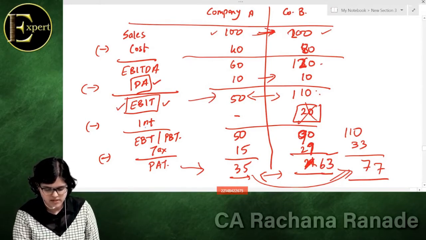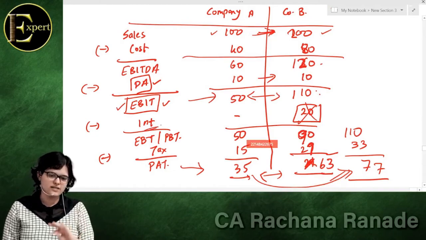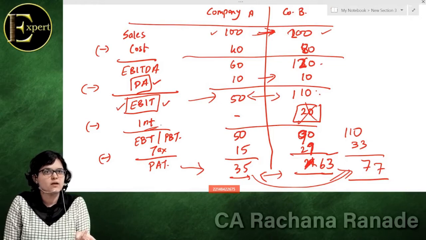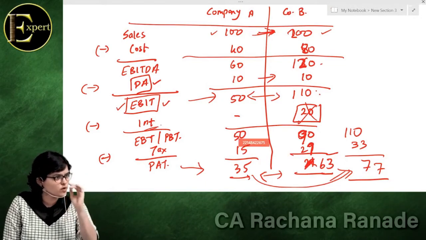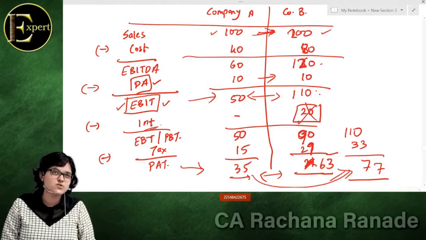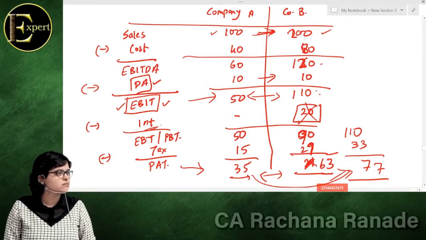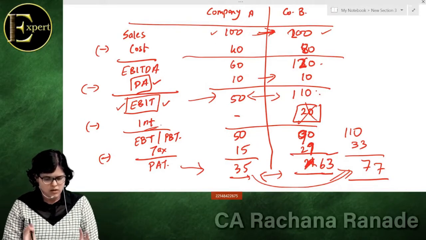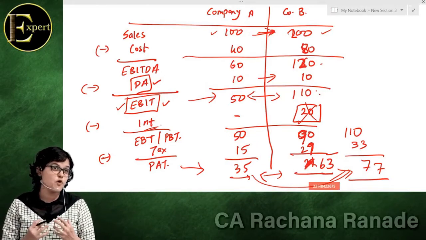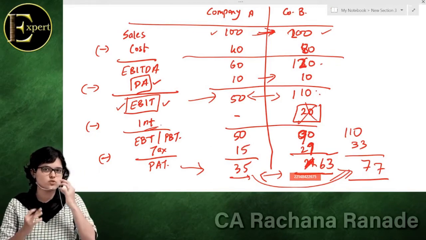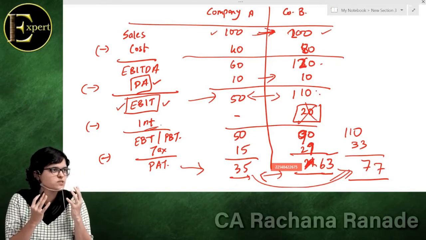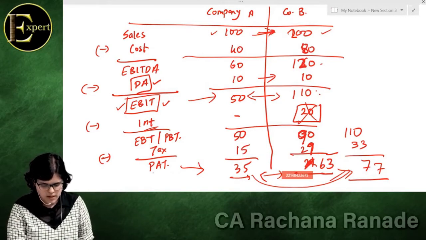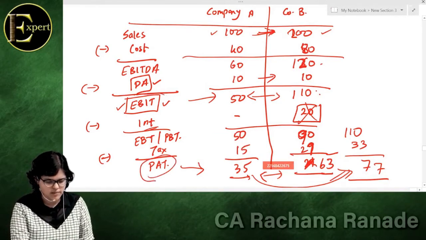See, finally what happens, understand, interest is something that is there today but maybe not tomorrow. If you repay the debt, then your interest element is going to go down and down. Is it a measure of performance of the company? Please understand this. If I ask you which company is performing better, in what sense? Who is operating its business in the most efficient and effective manner? Do you think a measure PAT is correct or EBIT is correct?